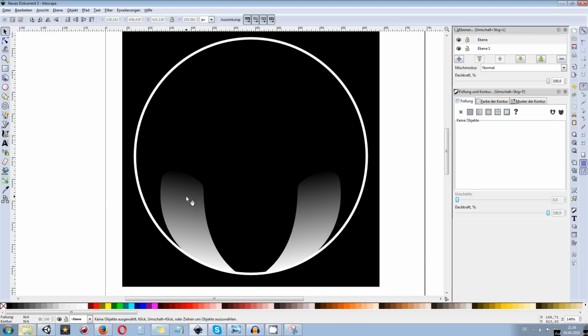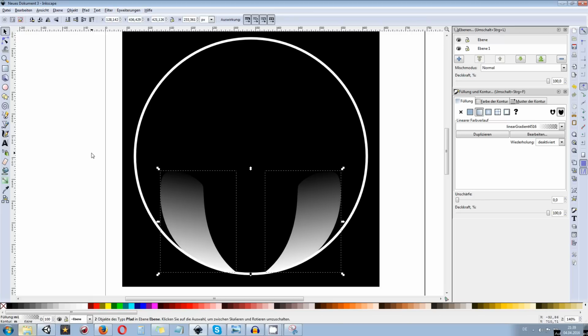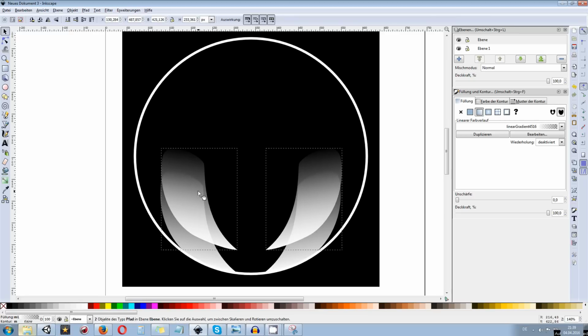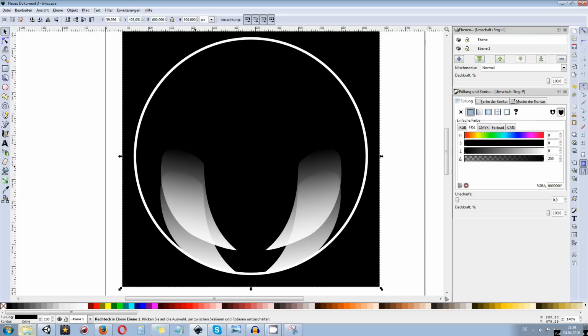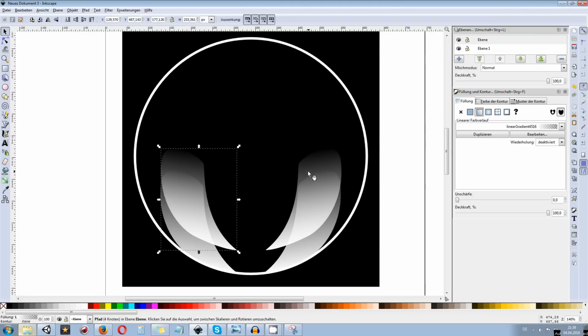Again, you can select them by selecting the first, holding down Shift, and then you are able to select the second one. Make sure you press Control D right now, so we go over and duplicate them. And now you can drag them maybe up or down. You can also go in and scale them up and down, left and right, whatever you want.